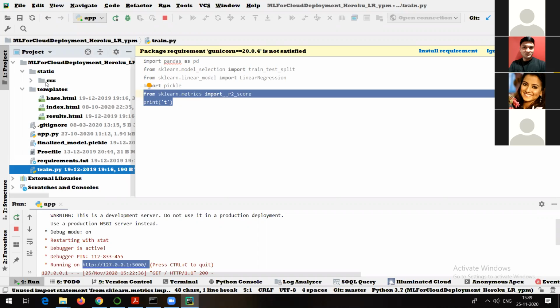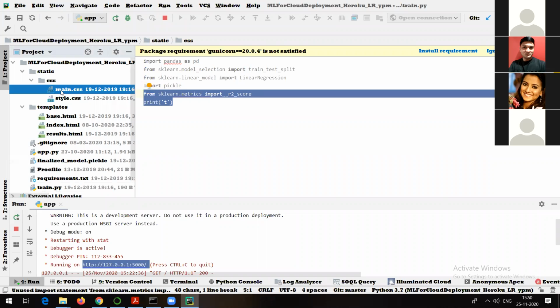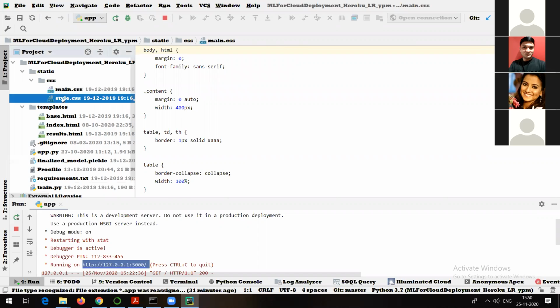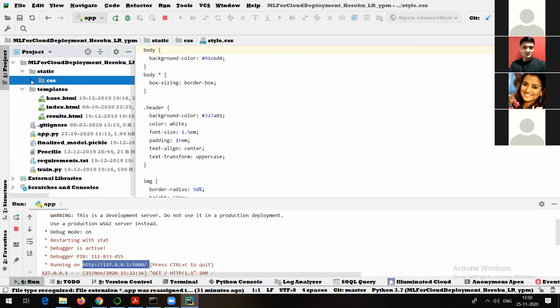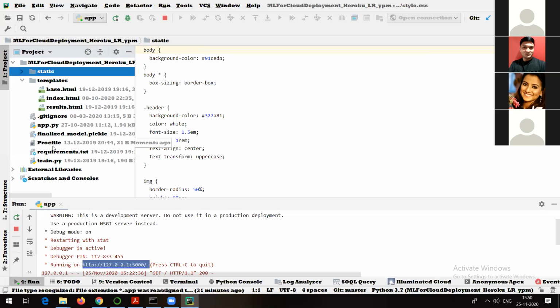In the static folder we have CSS. You might know about CSS, cascading style sheet. So again, these are ready-made things which are available, which you can get ready-made if you want. Whatever design you want, according to that you can go and get it. Okay. So this is what the project is, which I wanted to tell you.